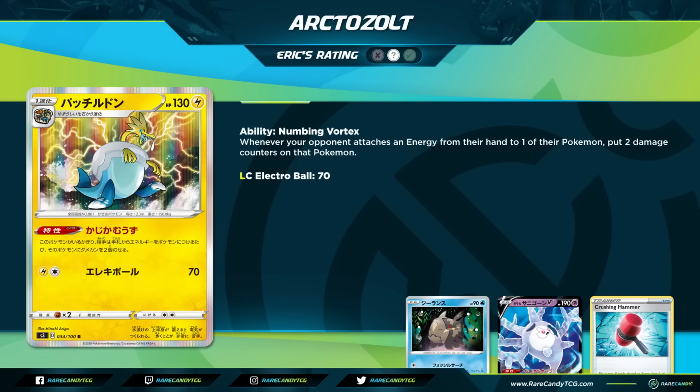Next up, we do have another lightning fossil Pokemon, and this is going to be Arxol. Arxol is a stage 1, of course, evolves from the rare fossil, fighting weakness, to retreat, 130 HP. And it has this ability, and I think this is actually probably the most interesting aspect of any of these fossil Pokemon. But whenever your opponent attaches an energy from their hand to one of their Pokemon, put 2 damage